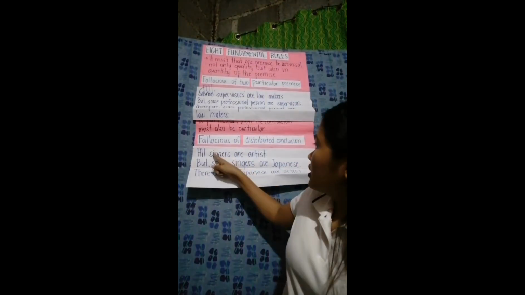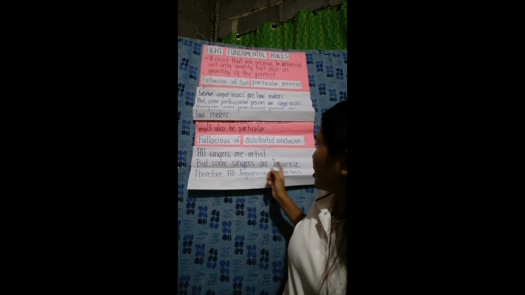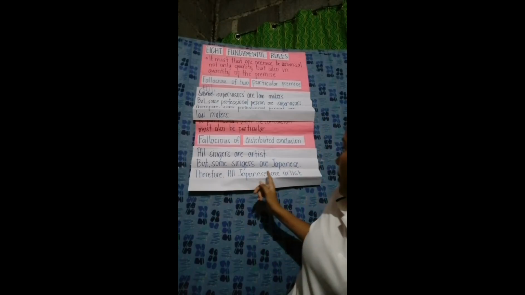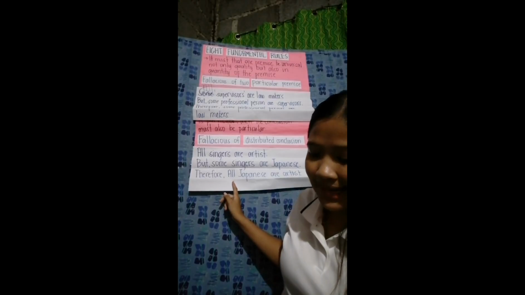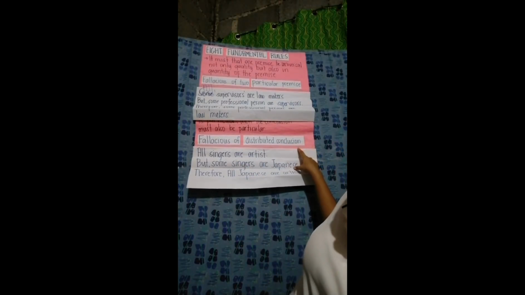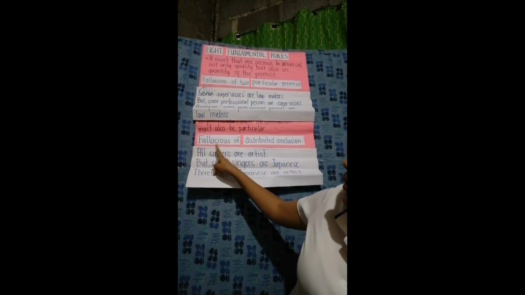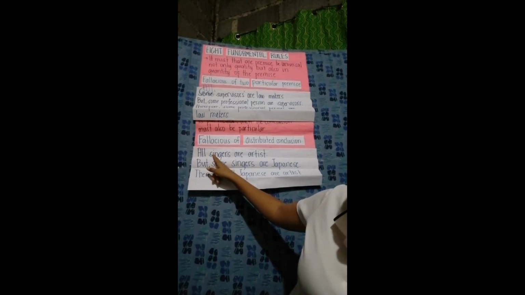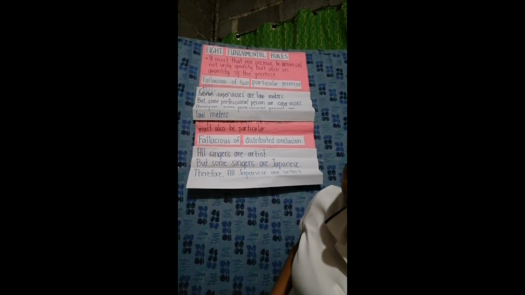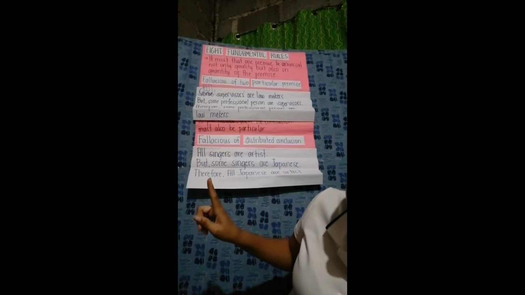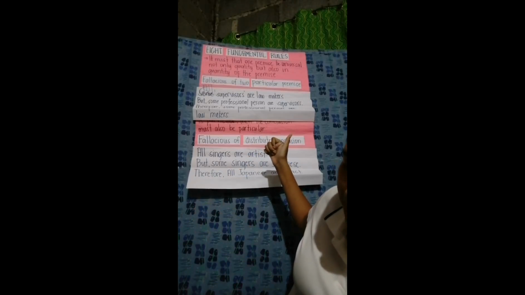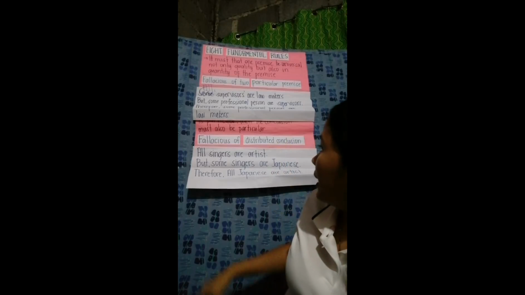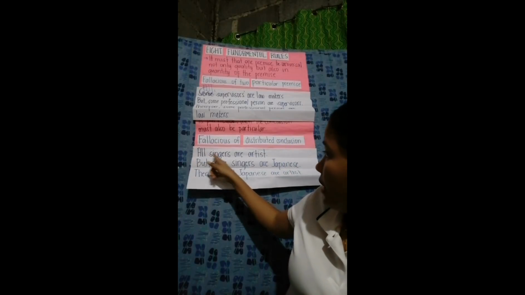Like for example, all singers are artists but some singers are Japanese. Therefore, all Japanese are artists. So, itong example na to is error siya. Bakit? Kasi ang pinag-uusapan dito sa ninth fundamental rule is particular. Tapos, ang major premise is universal, di ba? So, dapat kung sa 8 may isang universal, sa 9 naman dapat hindi sila lahat particular. So, dapat ito magiging some